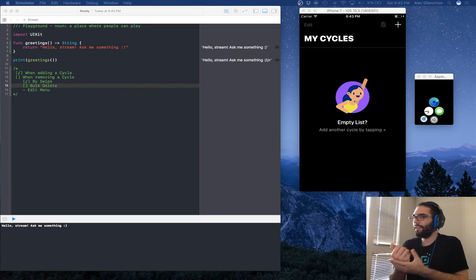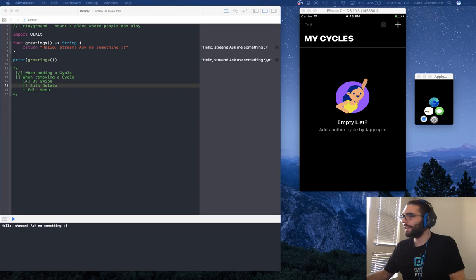Check to see if there are any muted cycles. So I'm going to do that by saying all cycles muted. I'll do the check, and then once I finish that,